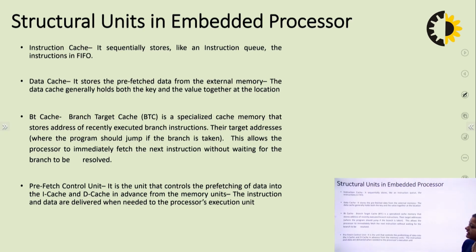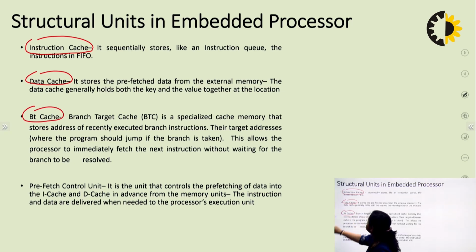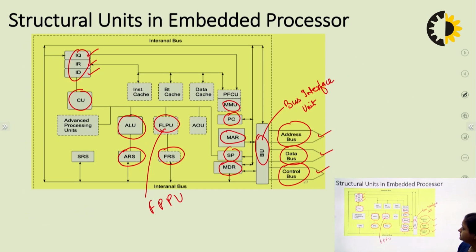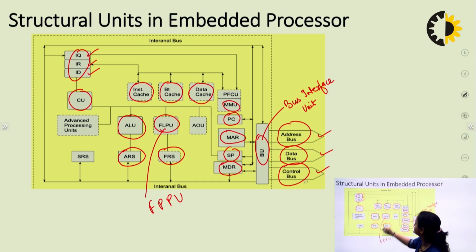Then we have different types of cache memory. Let us check it one by one. So we have three different types of cache memory: instruction cache, data cache and branch target or BT cache. ठीक है? First of all, we'll locate it in the diagram as we always do. So here are the three different types of cache memory. Again, all these three are with dashed lines. This is instruction cache, branch target cache, that is BT cache, and data cache. So all these three memories are with dashed line. It means that they are not necessarily present in all the processors.